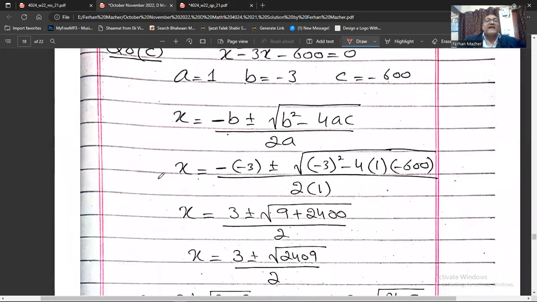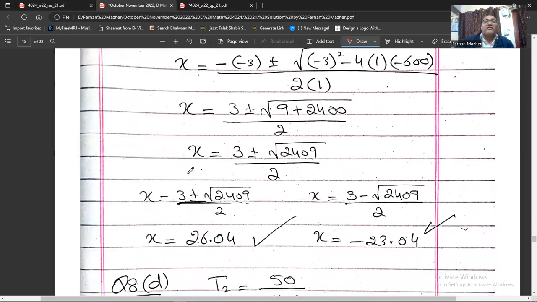The quadratic formula is x is equal to minus b plus minus the square root, and under the radical we have b squared minus 4ac, and then we have the denominator 2a. Just substitute these values, so you will have minus, and in the bracket minus 3, plus minus square root of minus 3 squared minus 4 into 1 into minus 600. In the denominator you will have 2 into 1, so this will be 3 plus minus the radical of 9 plus 2400, divided by 2. So it will be 3 plus minus